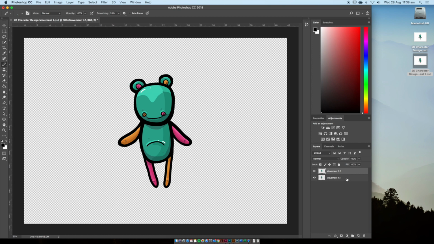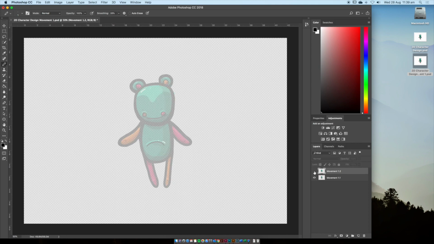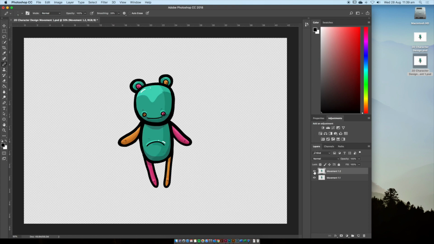On my Movement 1.1 layer, I'm going to reduce the opacity here down to about 40 or so %. And then if I click the eye off on Movement 1.2, I can see my original character is there, but it's not going to get in the way. Turn the eye back on this layer, and with my movement, I'm going to make the arms here move up